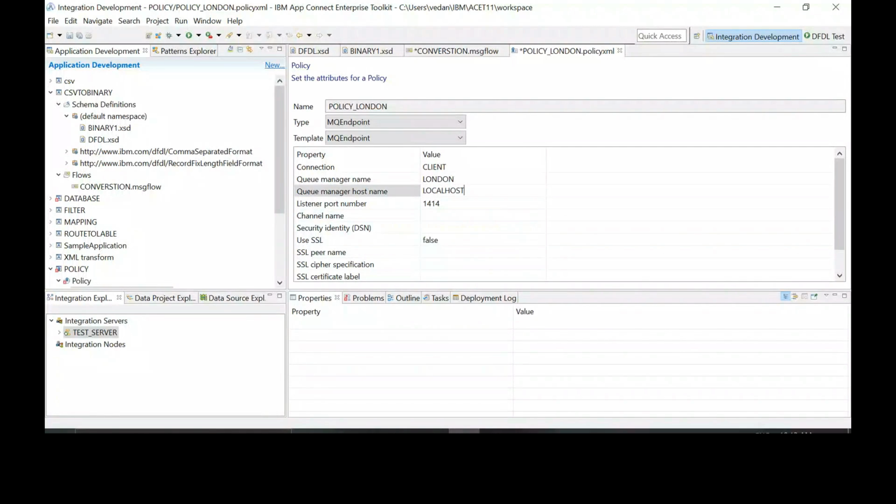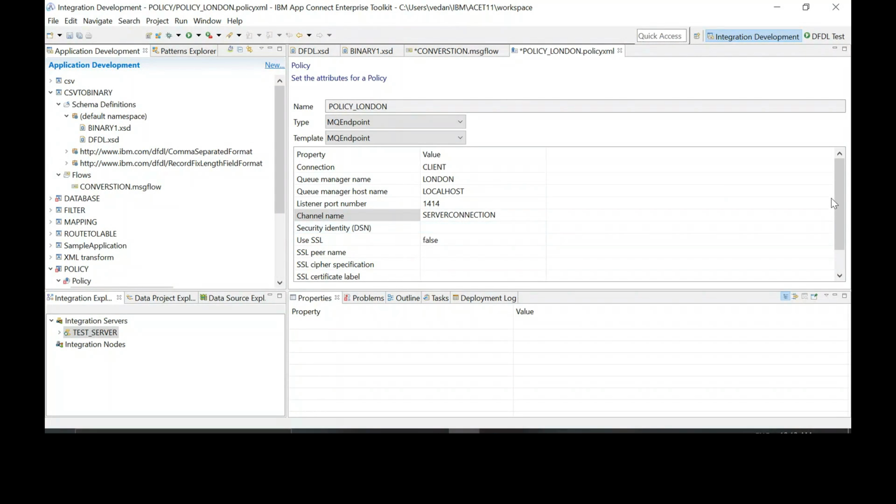Should I give 1414? No, it's already there, it's not necessary, just localhost. Go to the channel name. Provide the name as server connection. That's it. Save this project.